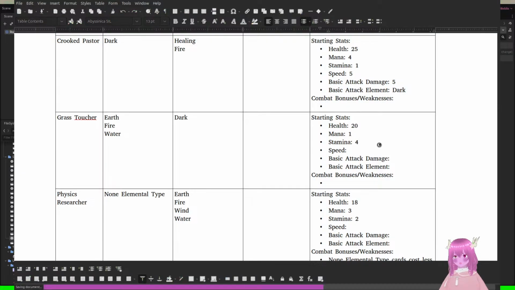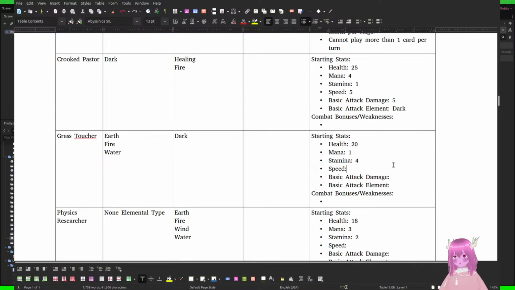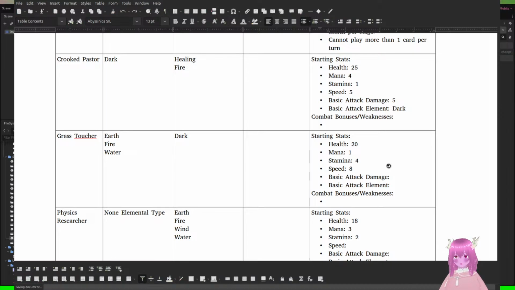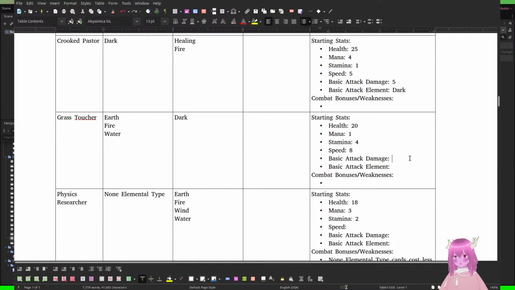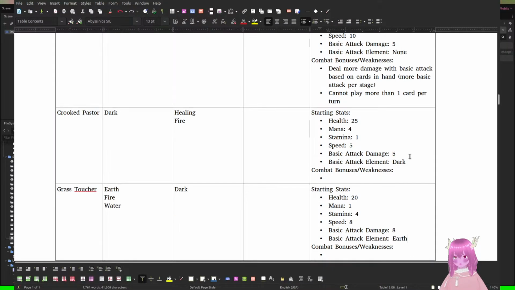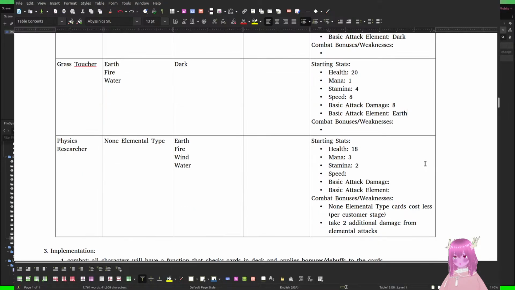How did I do that? What did I do? And then their speed will be like... Honestly, they're probably gonna start out pretty fast, but not fast enough to attack twice. And you know, they're gonna deal like 8 and they're gonna have fire damage. No, sorry. They're gonna have earth damage too as their base attack. They hit you with a stick.